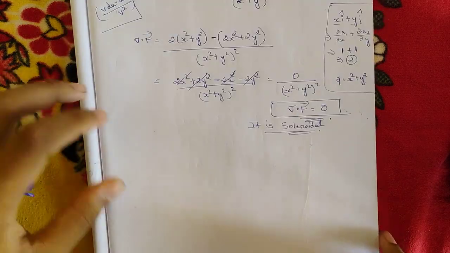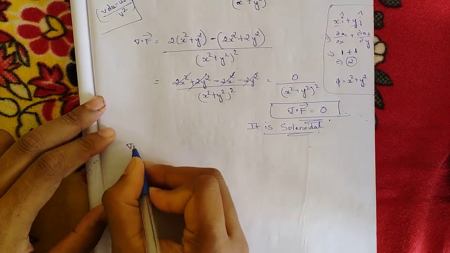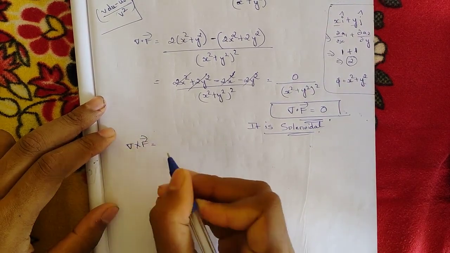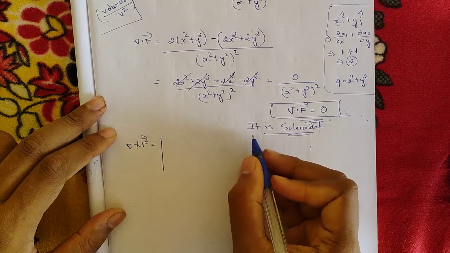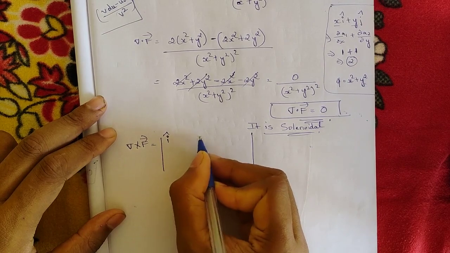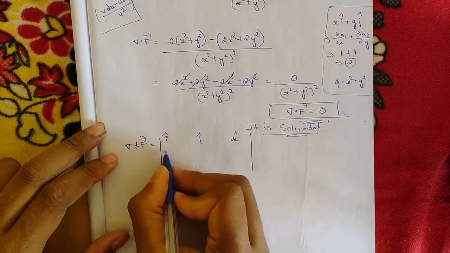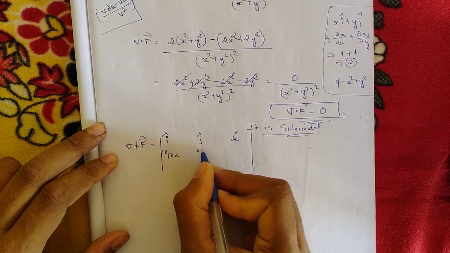So now let us check for the irrotational condition. That is, we should be taking the curl of the f vector, that is del cross f vector. Okay, let us take that and see whether we get our answer or not. That is, first I cap, j cap, k cap in the first row. Second, we should be writing the partial derivatives, dou by dou x,